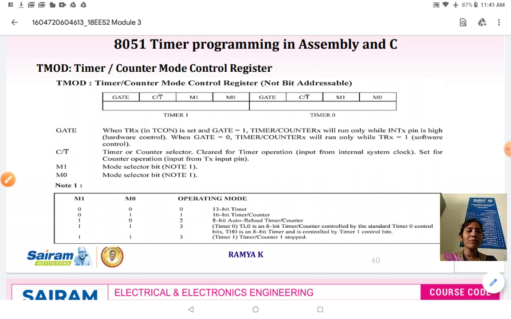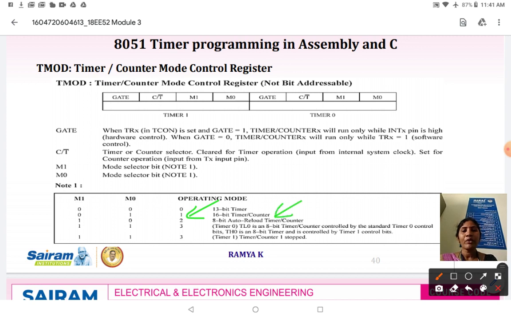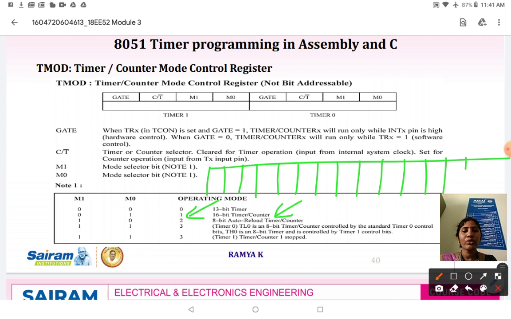In case of a 16-bit timer, suppose you are operating in mode 1. In case of a 16-bit timer, all the 16 bits will be utilized. So here I will be showing the diagram: 15, 14, 13, 12, 11, 10, 9, 8, 7, 6, 5, 4, 3, 2, 1, 0.